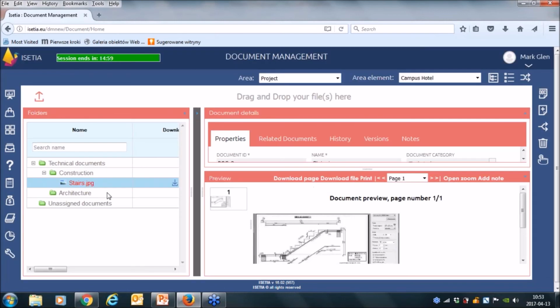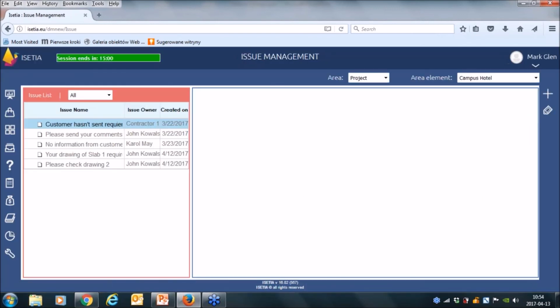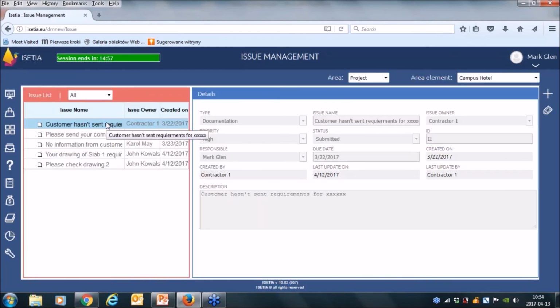And as you observed, this document could be linked with the real tasks which are being performed by the user. So I think it is comfortable to use, and all documentations are manageable and in the hand of the user or project manager. So that is information about document management.